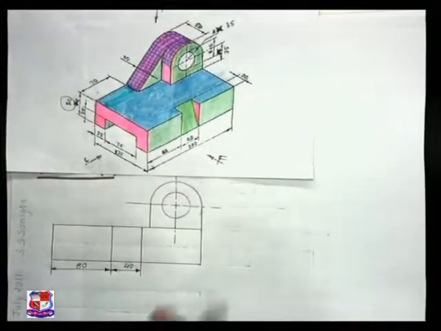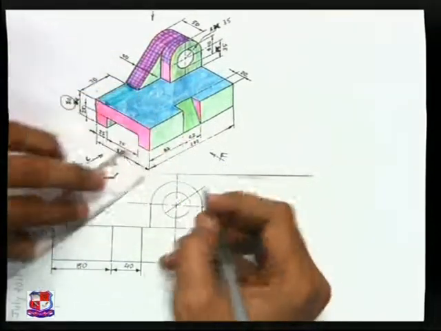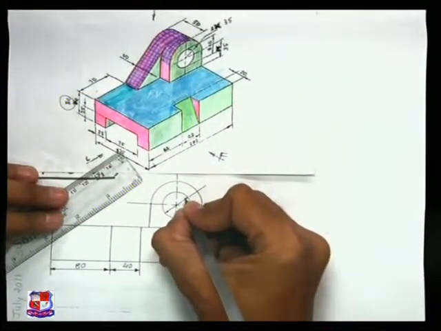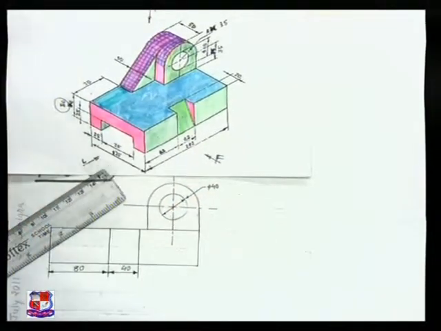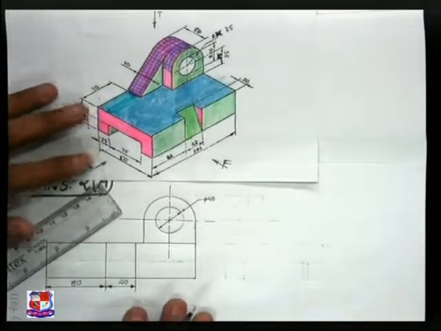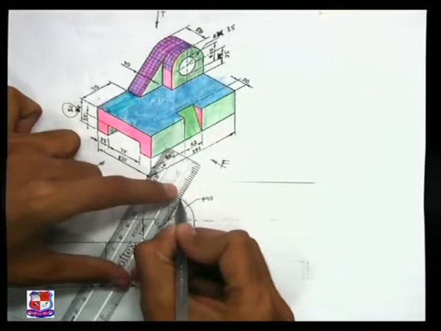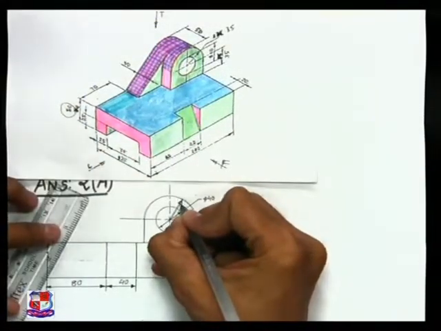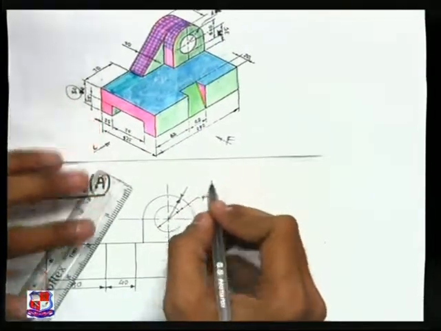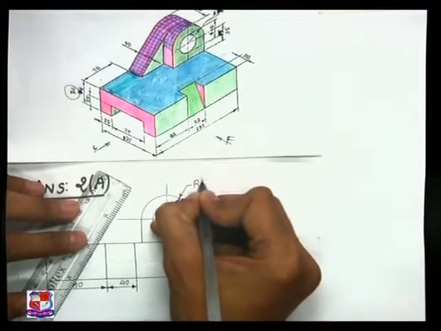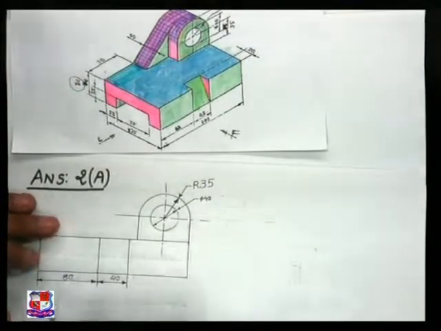And dimensions are given to us. This diameter, you can insert this parameter like this. The diameter is given as 40 mm, so you can write like this, Ø40. And here the parameter radius should not be given because it's a circle, so diameter Ø40 should be written, and this is radius because it's an arc. So you insert dimension like this. It is an arc having radius 35 mm. So you write like this, R35. Radius of 35 millimeter, here is diameter 40 millimeter.